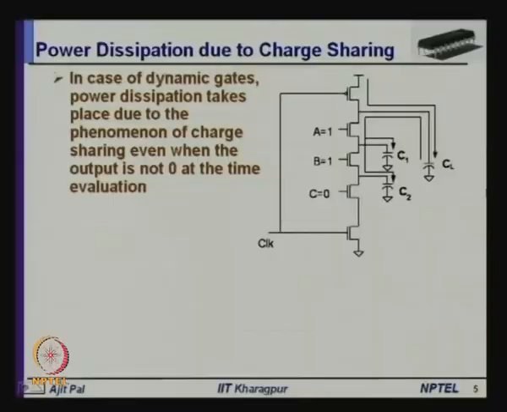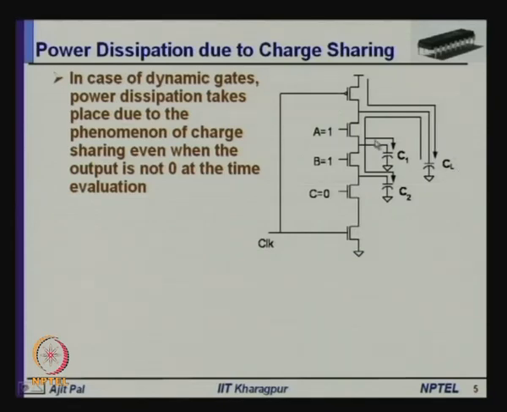But even when there is no transition at the output in dynamic CMOS circuits, there can be dynamic power dissipation because of charge sharing. How? Let me explain here. So, this is a dynamic CMOS gate. Essentially, it is a 3 input NAND gate, and as you can see, in addition to the output load capacitance,